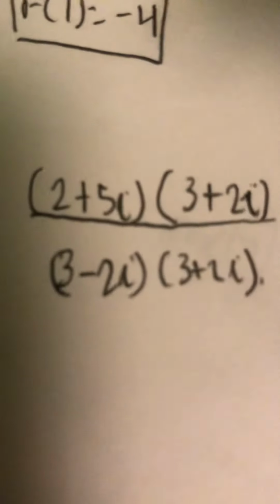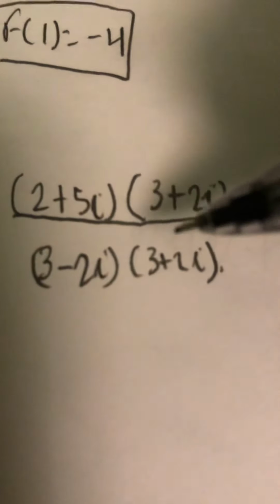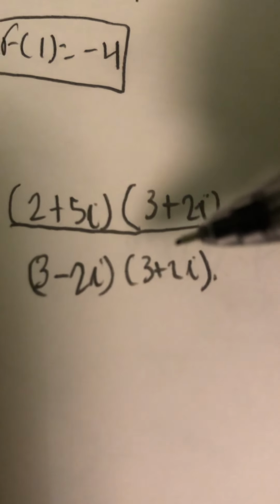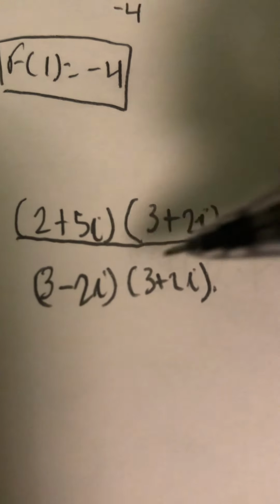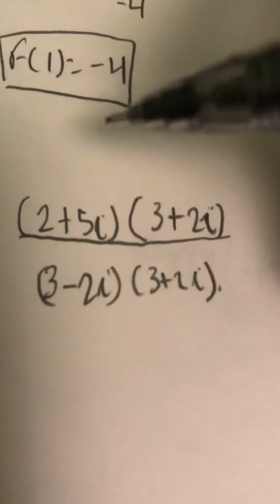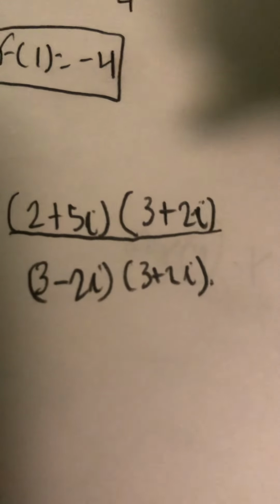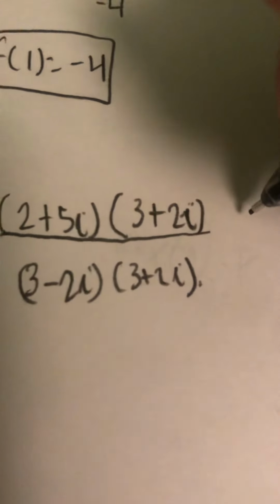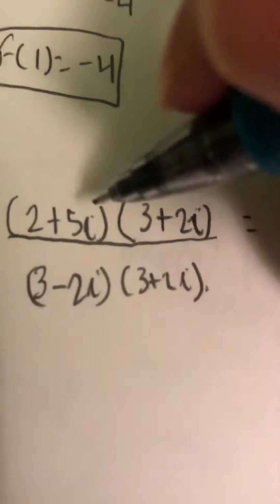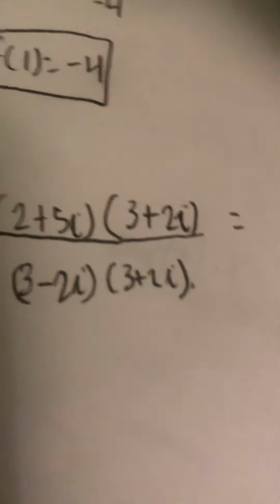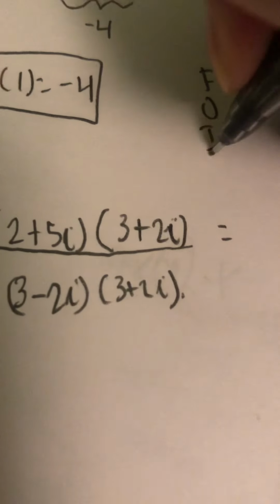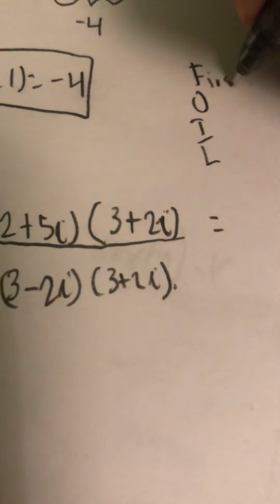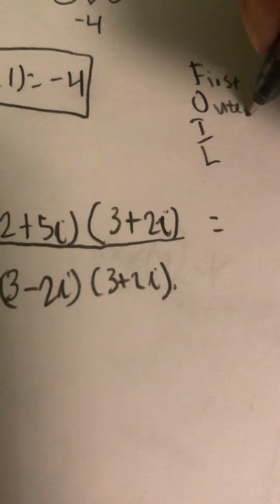So basically, you can use the FOIL method on top and bottom. On the bottom, you can use the sum and difference rule if you'd like, or you can just use the FOIL method. It really doesn't matter because you'll get the same answer anyway. On the top, you do have to use the FOIL method. So basically, FOIL method is first, outer, inner,